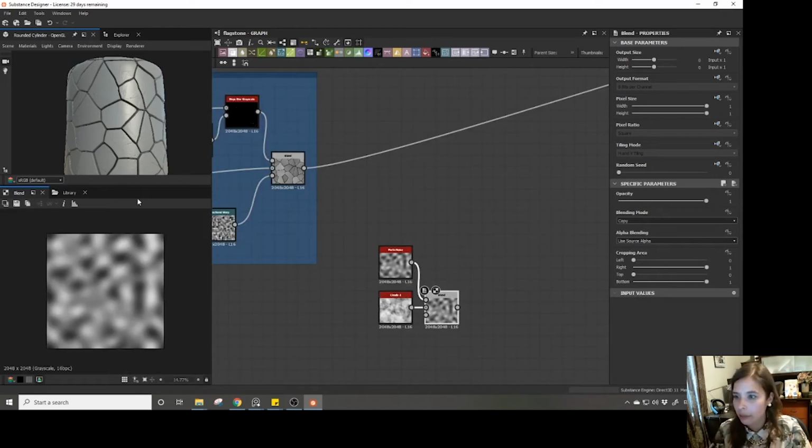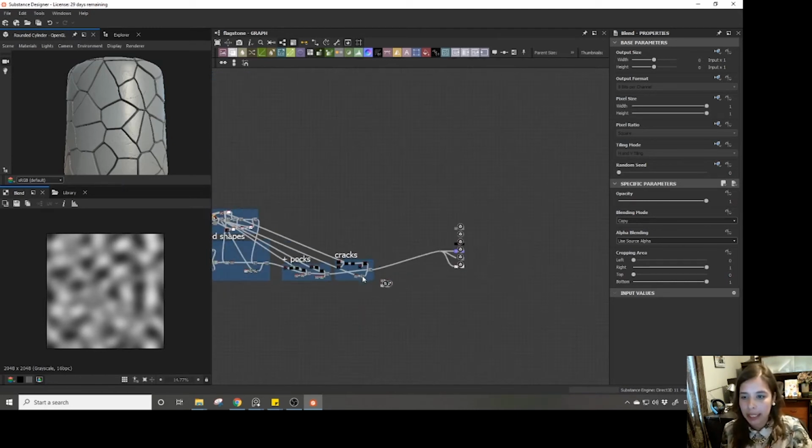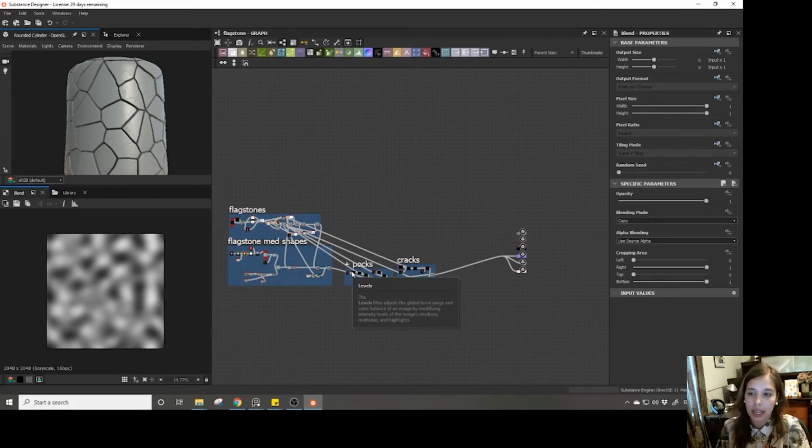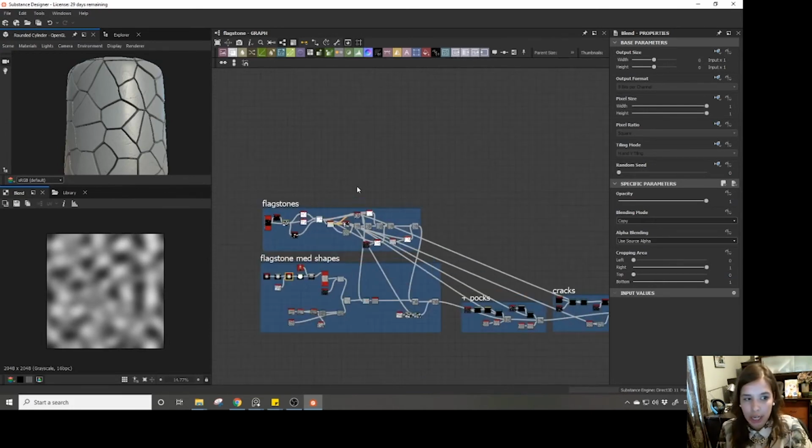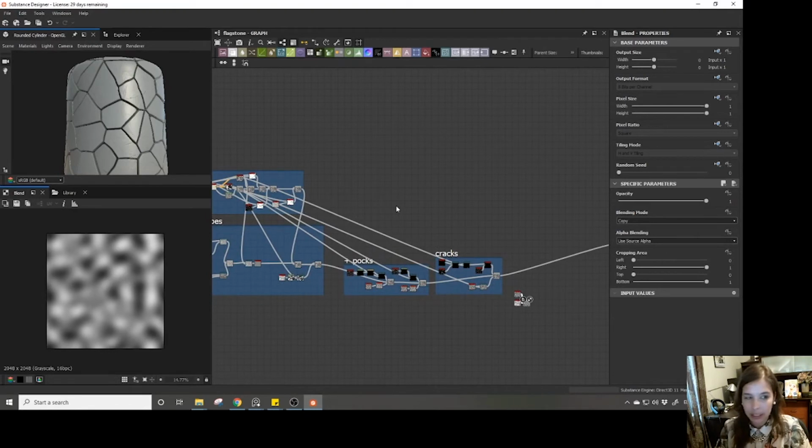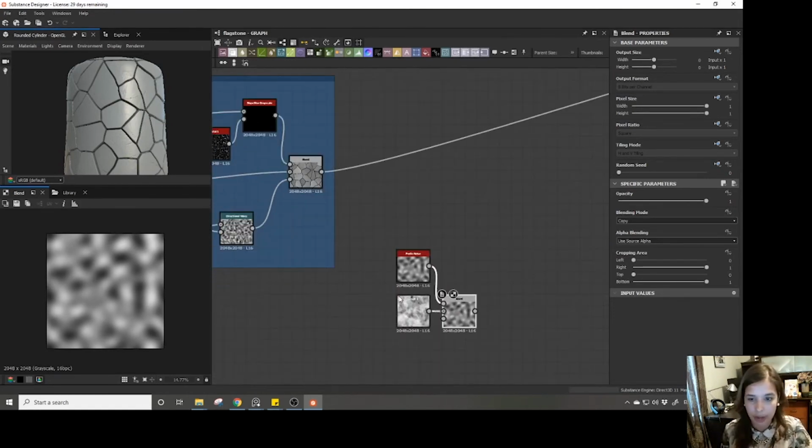But I hope that while I'm doing this, it shows that when you open up a designer file and you see these big graphs full of stuff, they're very overwhelming to look at at first, but if you break it down, it's really just making shapes and then blending those things together. So if you focus on chunking out the process, it's way less overwhelming, and then you can start to recognize that in other people's graphs as well,